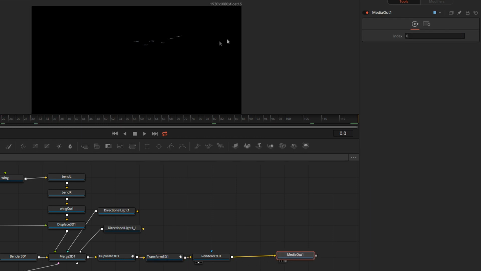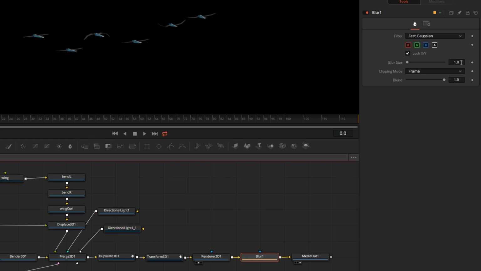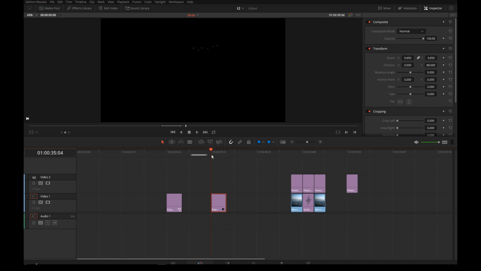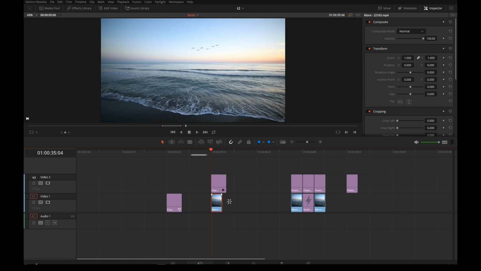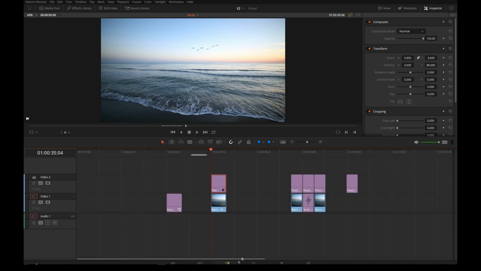And the birds will be pretty sharp when they're rendered, so instead of using motion blur, which is time consuming, I will just add blur at the default 1 unit size. It might be too much, maybe not. We'll see when we composite this over our ocean shot. So let's step up to the edit page. I will lift it up and holding the Alt key, we'll drag out this ocean clip, stretch it out to fill the full length. Okay, maybe I will raise the birds a little higher, so let's step back into the